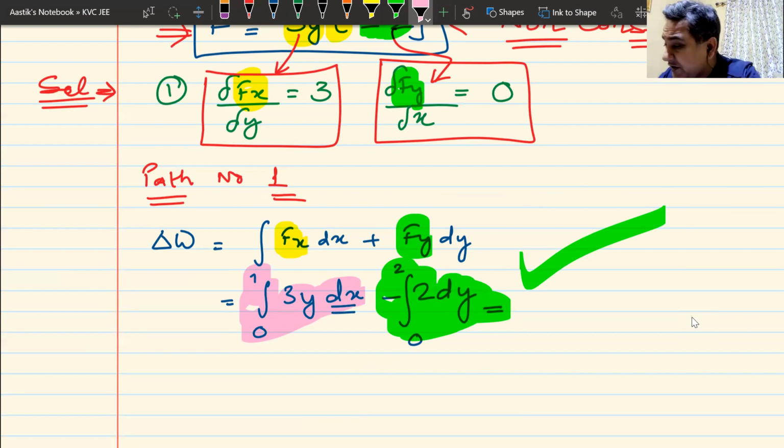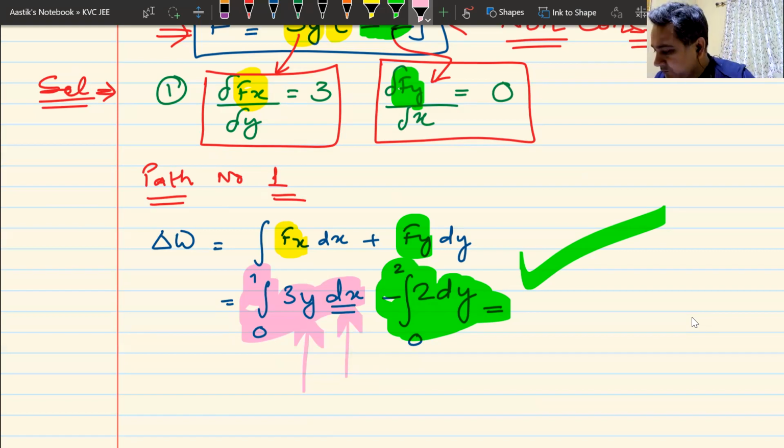The problem with the pink integral is not with respect to x. I have dx here, so it has to be integrated with x, giving 3y. But there is a small problem. We have y here. Y is a problem. Y should not have been here. If y was not here, there was no problem; we could have integrated it just like the green one. But y is a problem, so we have to think about y.